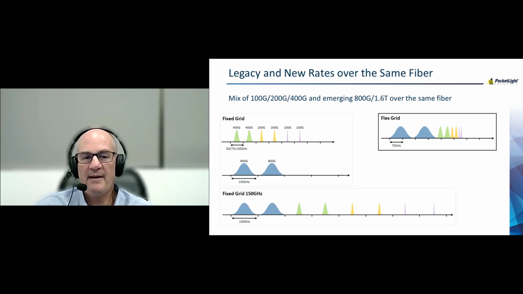To explain a bit more the flex grid and what it brings to the network and why it's needed when we are moving into 800 gig and 1.6 tera wavelengths, I will go over this slide and show you step by step how a fixed grid looked like. And I took as an example wavelengths from 100 gig to 400 gig, which are the most popular wavelengths today